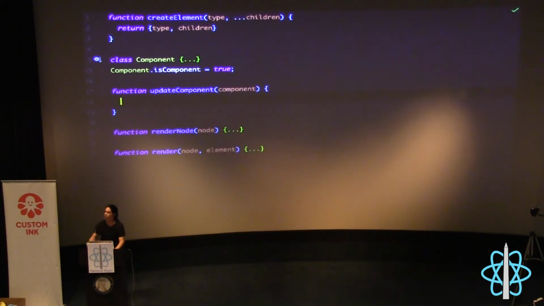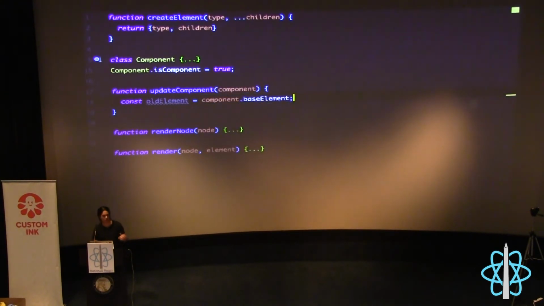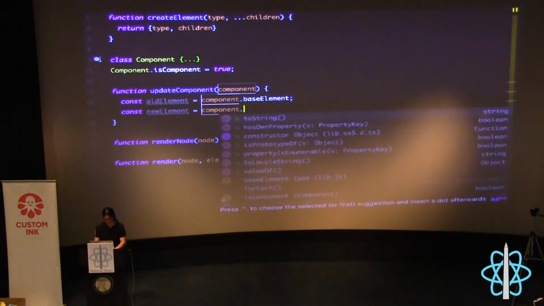So remember that we cached this element on the component. The first time that we created the instance, we called the render method, and we just saved the reference to this real DOM element. So I can take the old element straight from my instance. Component base element, probably going to be the old element, the element that we cached. We're going to walk through this code when I'm finished, so don't worry. And if I want to know what's my current state, I can, let's call this new element, and I can just call component render,